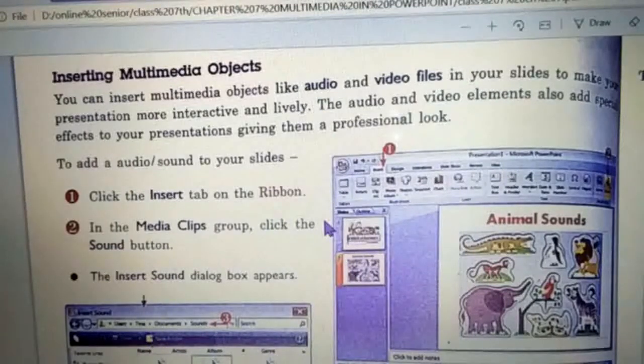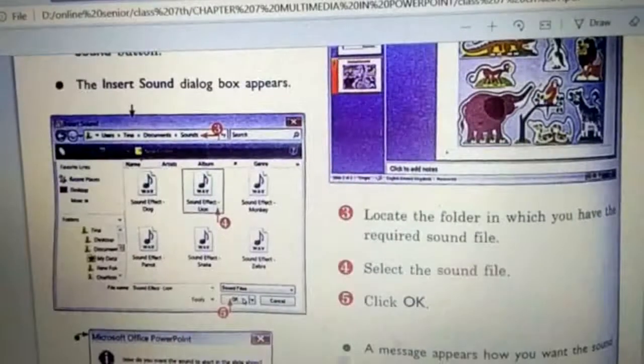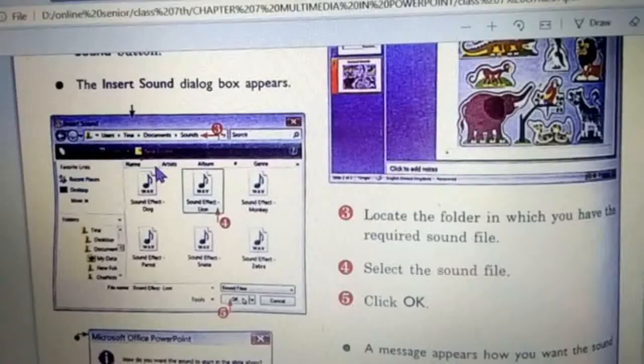So we need to go to the Insert tab, then in the Media Clips group we will click on the Sound button, and after that a dialog box will appear, as you can see here, and in that you will browse for the audio file that you want to insert in your presentation. The third step is to locate the folder that you require, and when you select the sound file you need to click on OK.